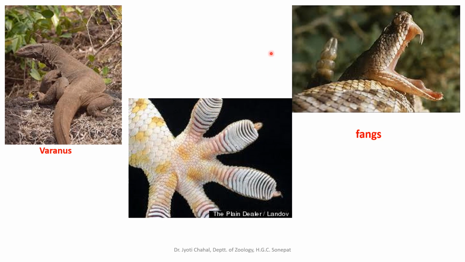So whenever this Varanus places its feet on any substratum, it will hold on to it very firmly, very strongly, so that even after applying a lot of pressure, you cannot move that Varanus from that particular space. And because of only this very property, this organism was used as a pet by the kings of India in ancient times, and they utilized those to move onto the forts of the enemy.